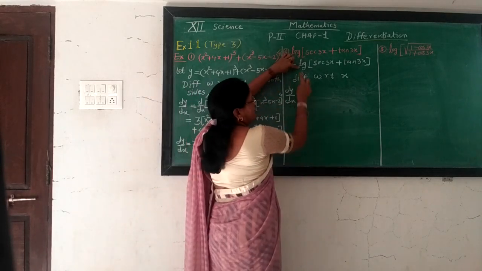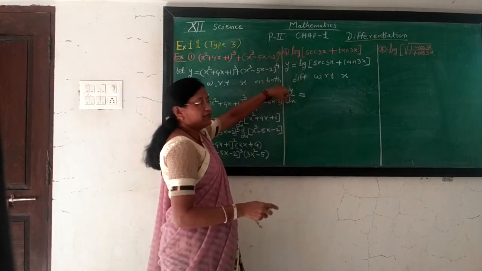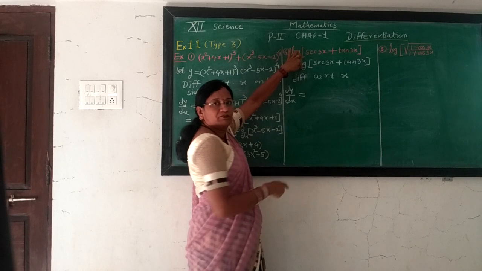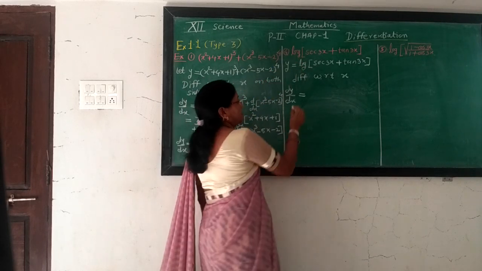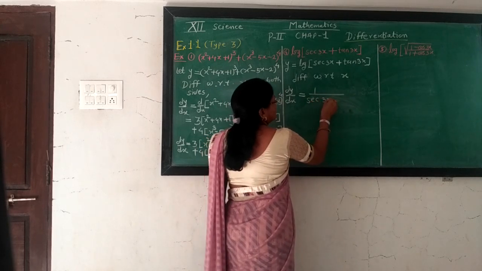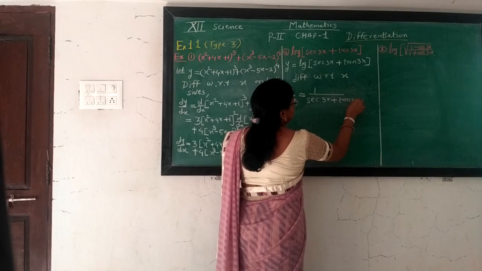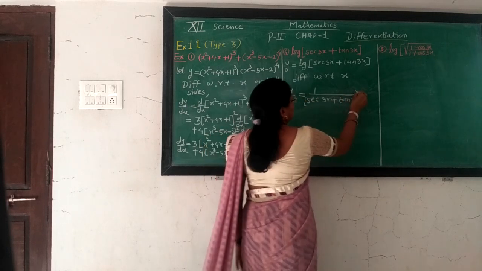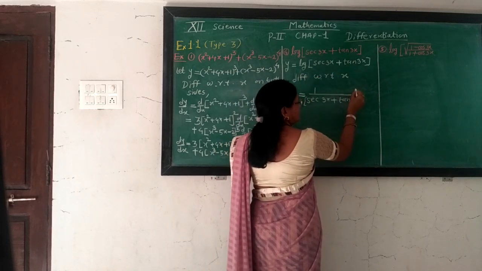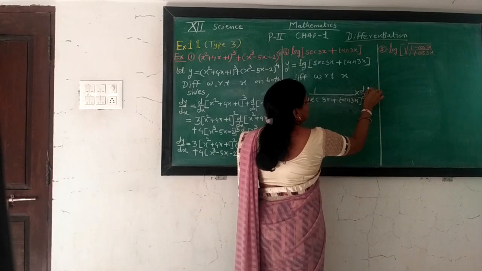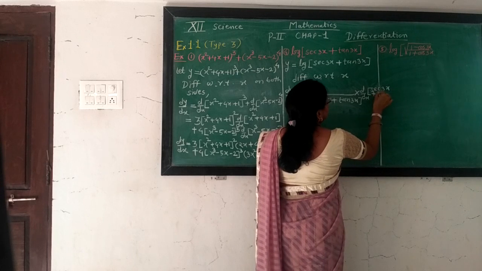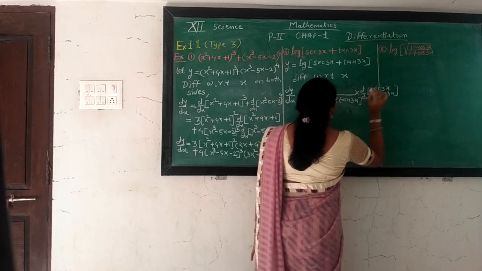For the right side, we take the derivative of this log. Here we can write 1 divided by the argument directly by using this rule. We take the derivative of log directly, as we take the third type for the exercise, and therefore you write the first step directly. The derivative of log is 1 upon (sec 3x plus tan 3x), multiplied by. Now we have found the derivative of this log function, but this bracket function remains to be differentiated. Therefore we take the multiplication of d by dx of (sec 3x plus tan 3x).